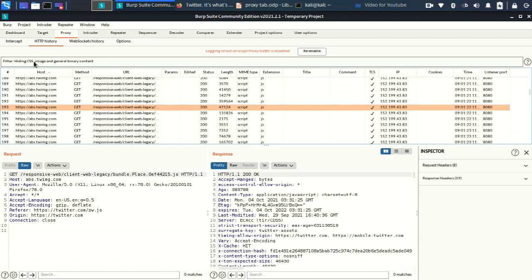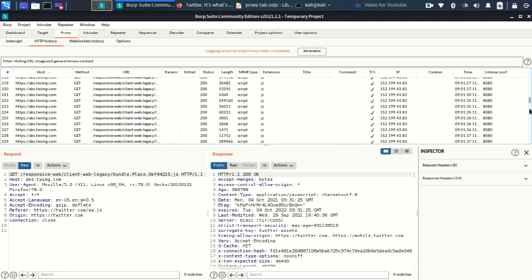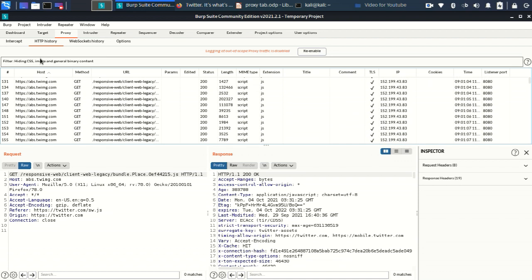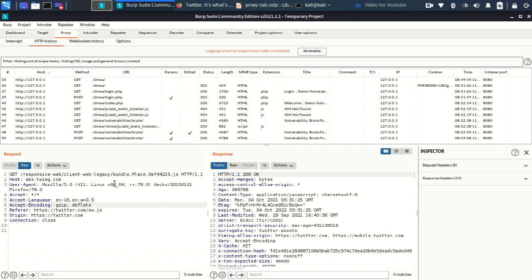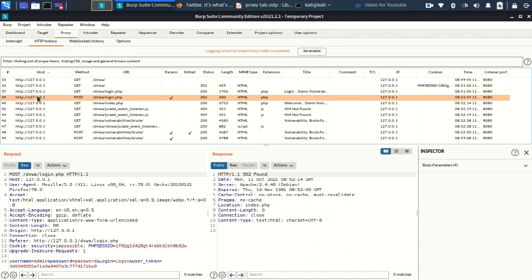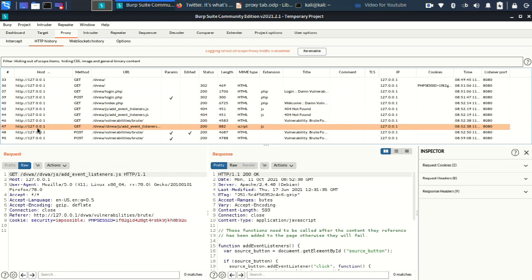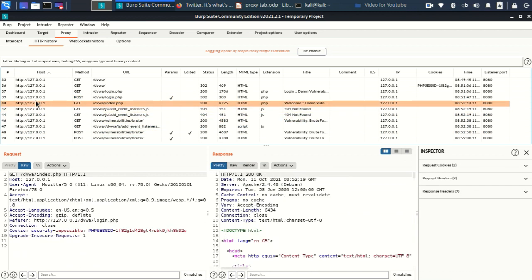But now I want to check only the requests that are in the scope. Now see, only requests from 127.0.0.1 or from this domain are being shown, and all the rest of the requests are not being shown. So it becomes helpful for us to see requests from only a particular domain, just to make it simple and easy. Okay, next.